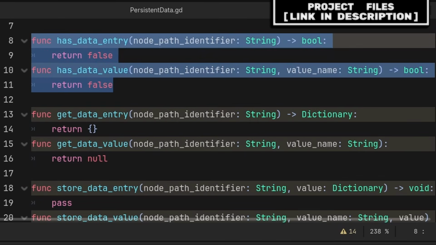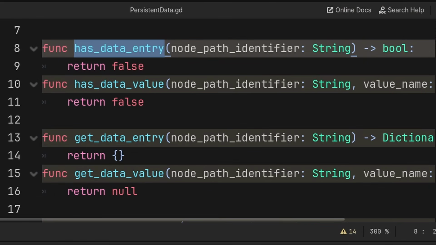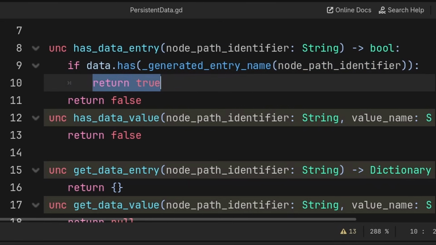For the has functions, these will be used to know if there is already an entry for the name of our node, or if there is a specific value inside of a dictionary under the name of the node. For the hasData_entry function, we will check if the data dictionary has an entry or string name under the name of our node, which as you can see, we use our helper function here to simplify and clean the code. And because this function uses return, this line will equal the returned value, acting sort of like a variable. However, every time we call or write this line of code, the function will run its own code and the value for the function will update, which if the data variable has this entry, we return true, else we